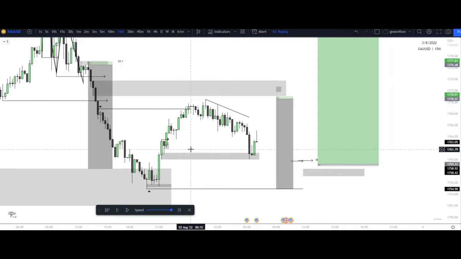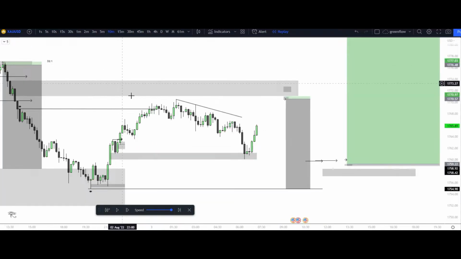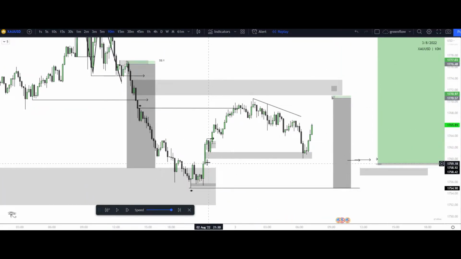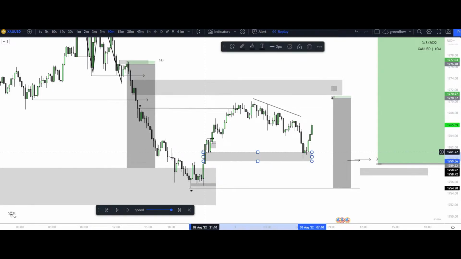we see price come back down into areas of demand. Why did I choose this demand candle? We can see this move to the upside right here was broken structure. The candle before that candle lies right here on the 15-minute. Let's go to our 10-minute, show some more confluence. We see an imbalance that is present within the 10-minute candle right here. We can see we actually mitigated, it looks like, the 50% of that imbalance.